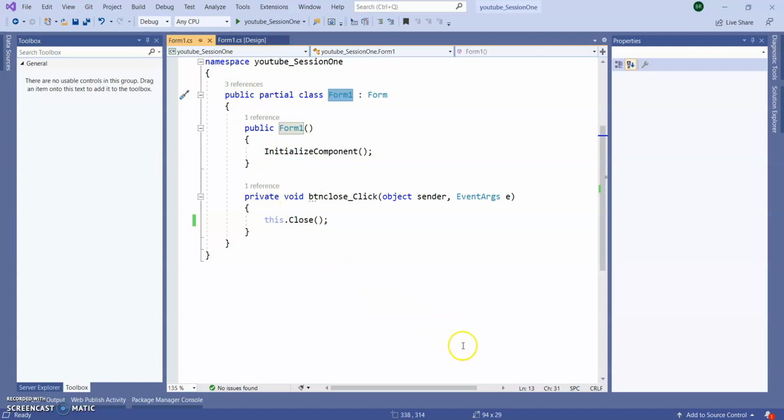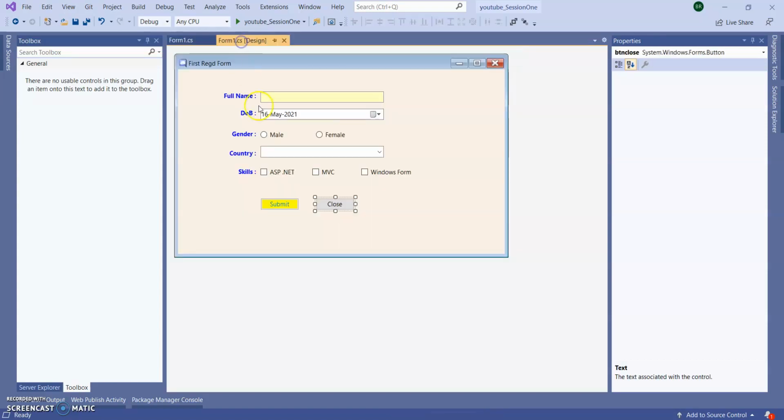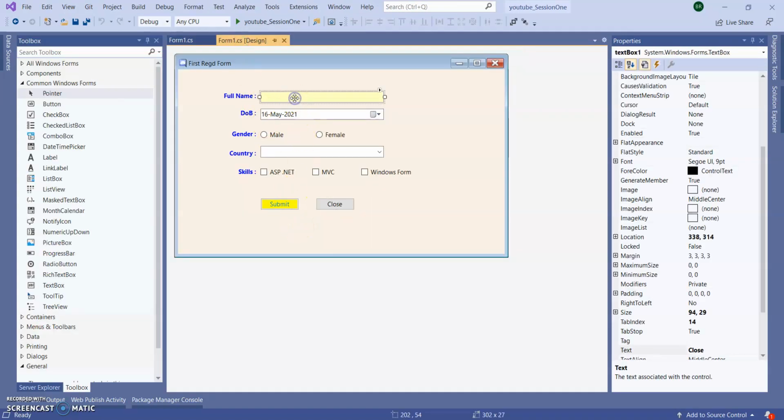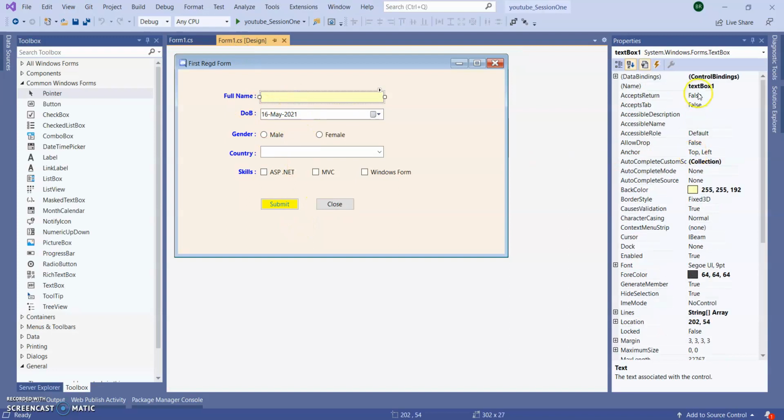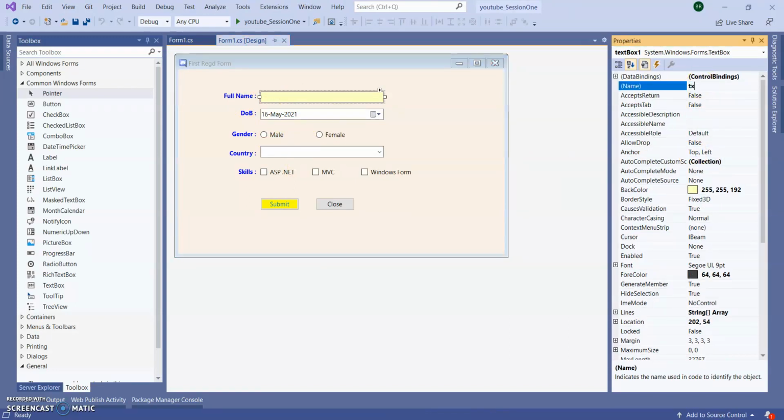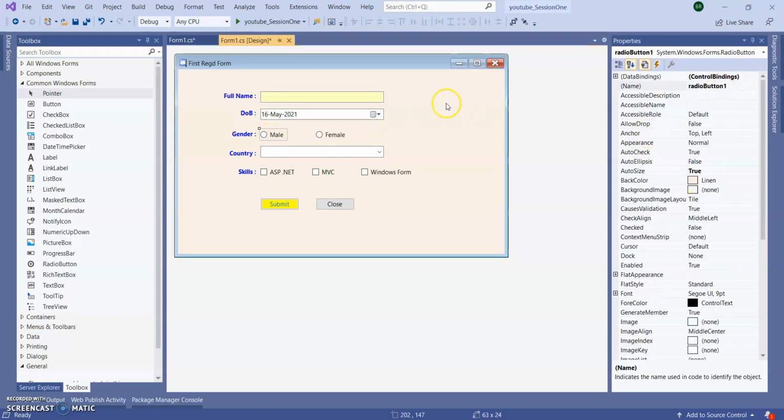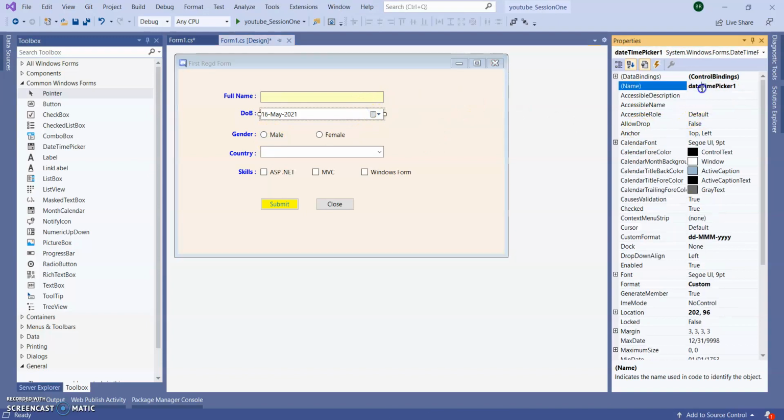Let's see some validation and if-else programming. This is my full name. Let's give the name same as ID, txt full name. For this date time picker, I'm giving dtp date of birth dob.